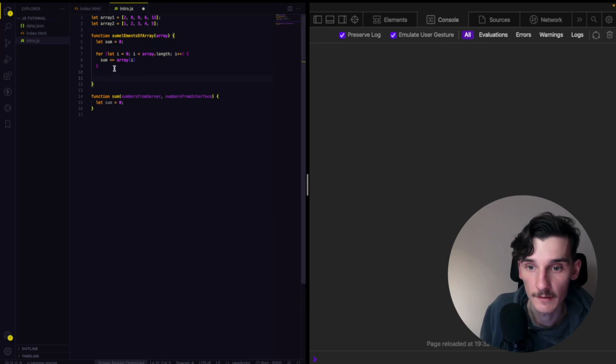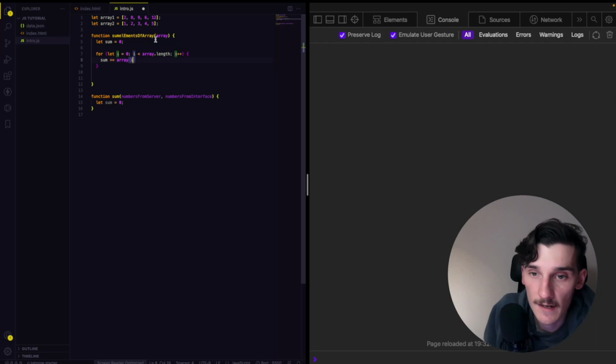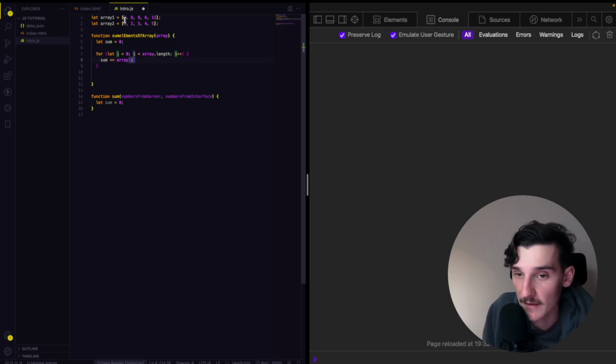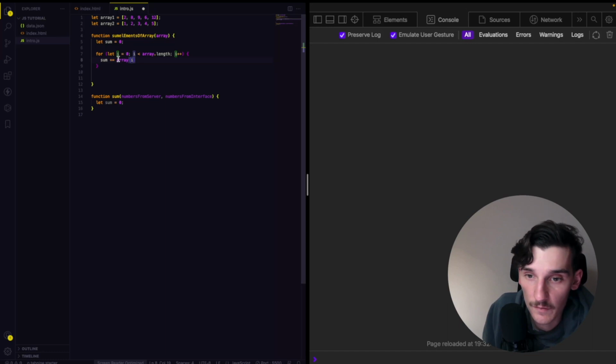Okay, so sum is equal to sum plus this I element of an array. So it goes like that. Sum is at the beginning 0. I go through the entire array. We pass array 1. We are at the first element 0, so I just recall that the first element in the array has an index of 0. So I go through the I equal to 0, and there is the sum equal to